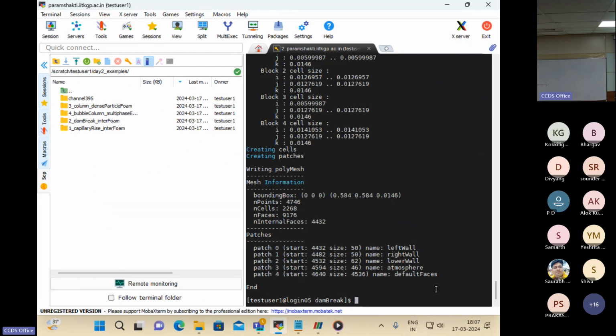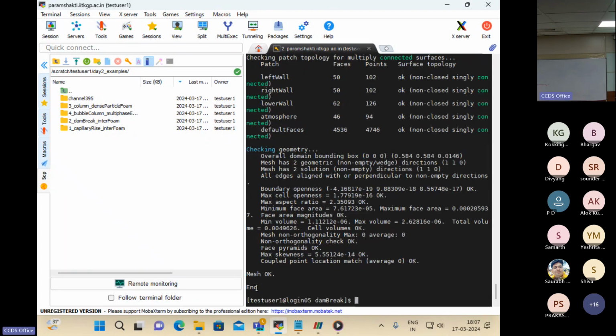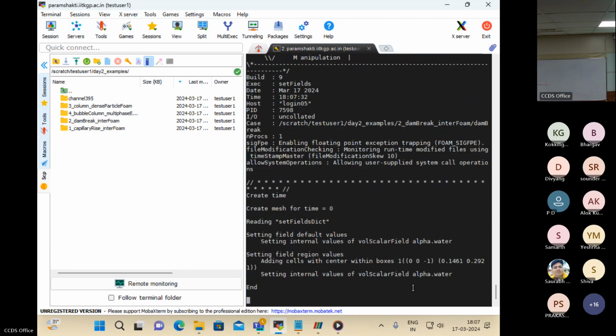To check whether the mesh is correct or not, we can use the command checkMesh. Here you can see mesh is okay. Now we need to create the fields, so we are running the command setFields. Okay, so fields are created